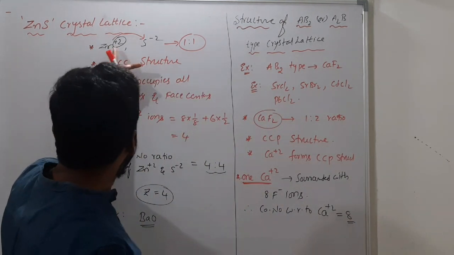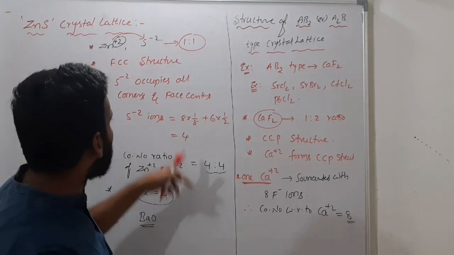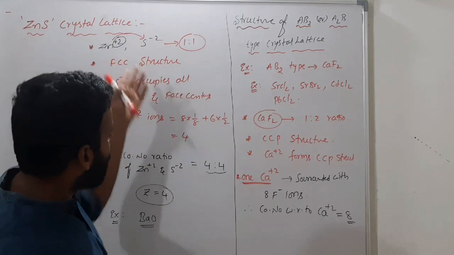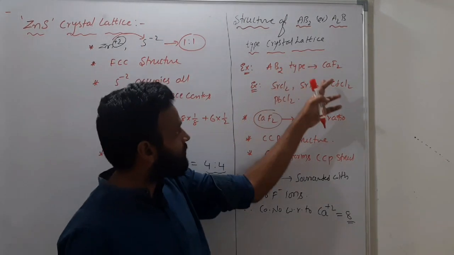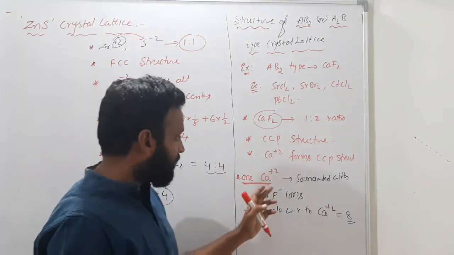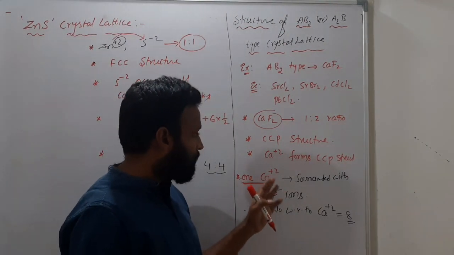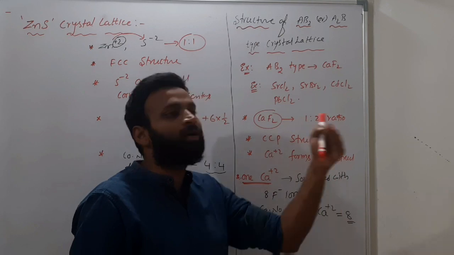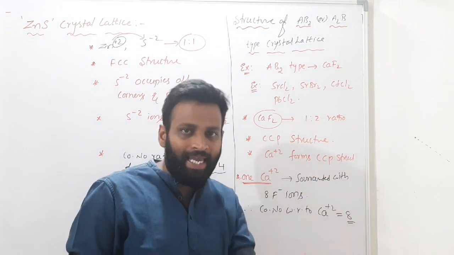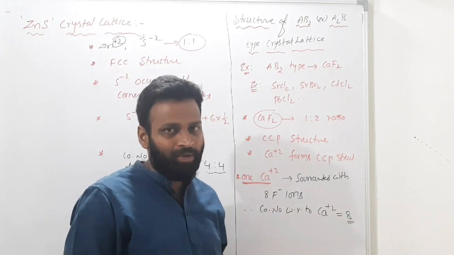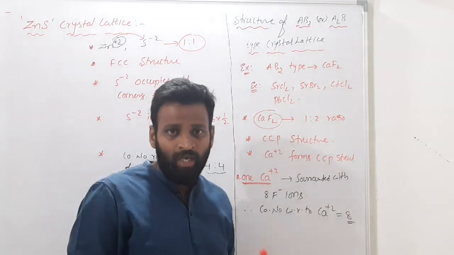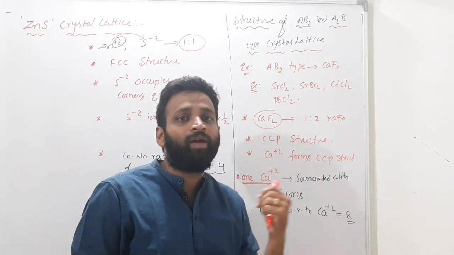It's like Zn2 plus has 2 charge, so 4 you have. S minus 2 also has minus 2 charge, so 4 only. But here F minus has only minus 1 charge, that is uninegative. So 1 calcium 2 plus with how many F minus ions? It should be double. Actually, if charge of cation and anion are the same, then 4 is the coordination number. But F minus has charge minus 1. So 1 calcium 2 plus requires how many?